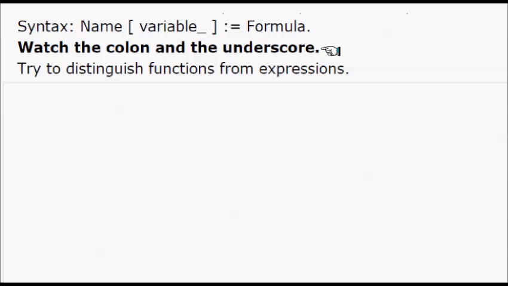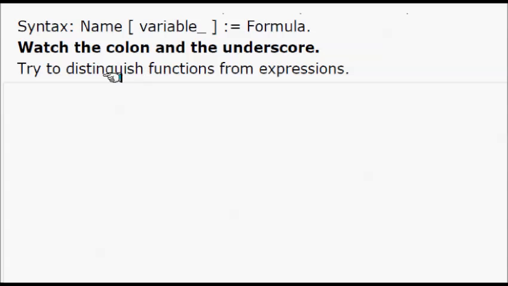First thing I want you to remember is that when you define a function, there's always this colon. Then remember you have to use this colon and underscore, these two things. You will see this example, but I want you to remember always when you define functions, not just expressions or numbers, you have to have this colon and underscores. And when you use it, when you define it, and